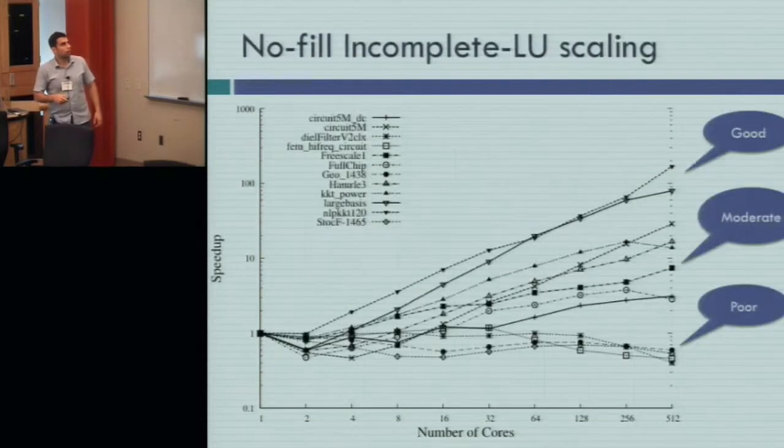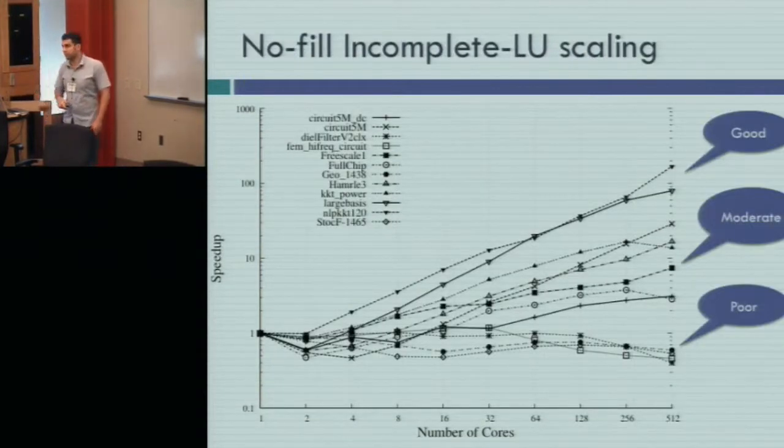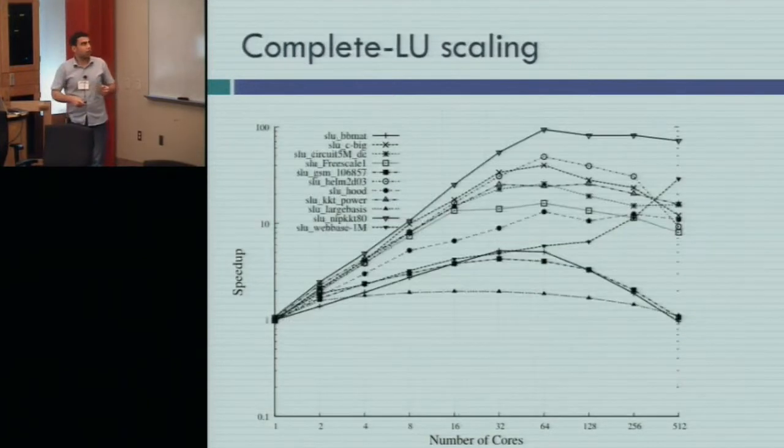So this one was on no-fill incomplete LU matrices. The matrices that are fed to incomplete LU factorization code are going to have the same structure as the original matrix. On complete LU matrices, the matrices have gone through the factorization. The structure is different, and this is the